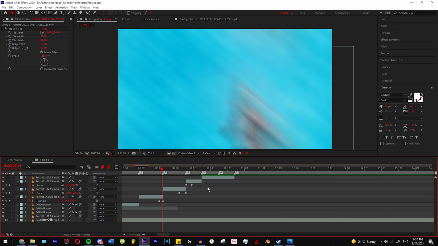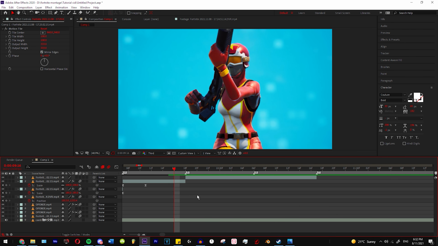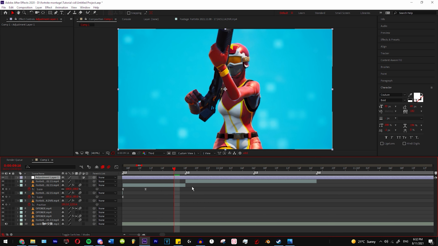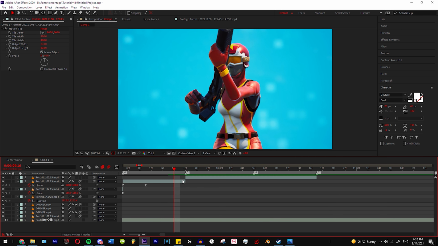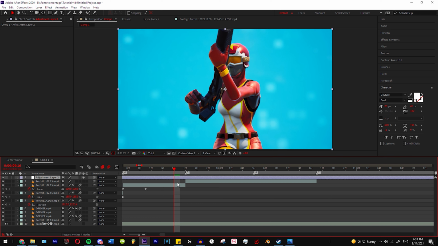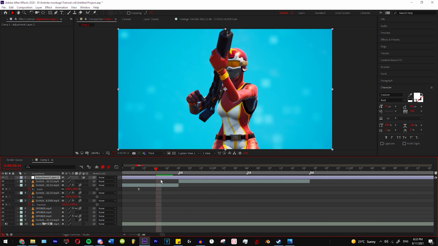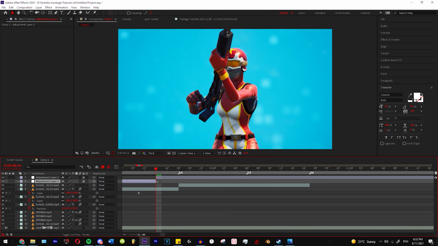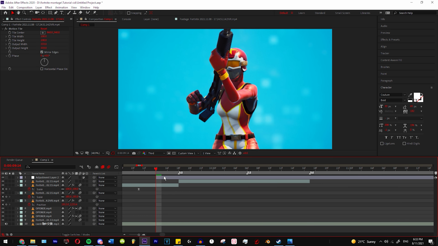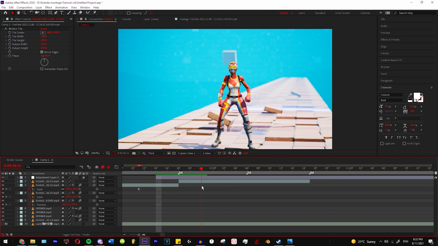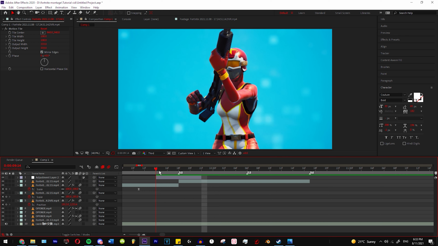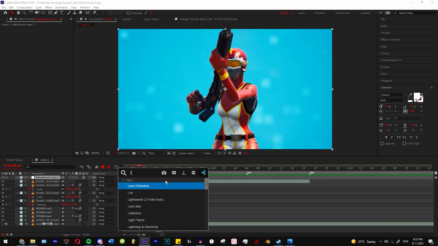Okay, so what you can also do is add in a blur effect. So I'm just going to add that right now. Click Control Alt T, and that will add in an adjustment layer. Obviously we don't want the whole length of the adjustment layer, so we're going to cut from the left, go about 5 frames to the left and cut, then go about 5 frames to the right, 4 frames about, and cut, and delete the right side. And we're going to add in a lens blur,